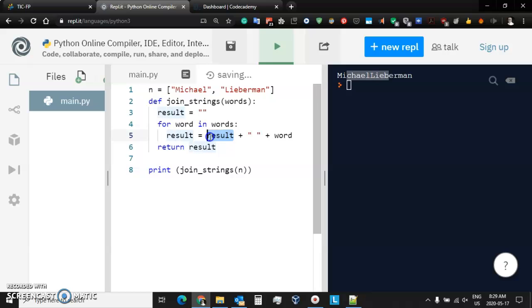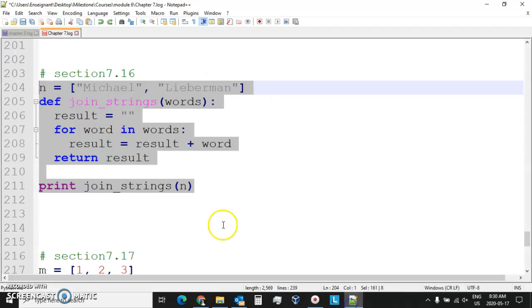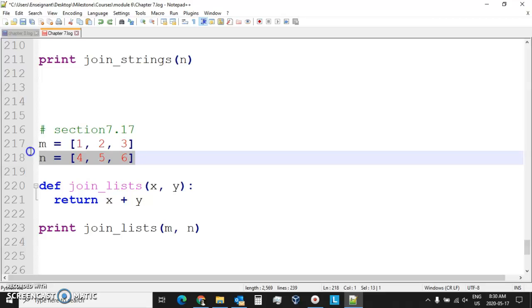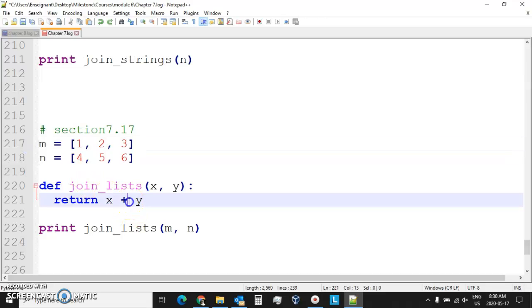So what do we have? We have Michael and then the word Lieberman, with a space added every time. And then we'll go on to 717. This time we have two lists, and this time when we enter our function, we see the plus sign,